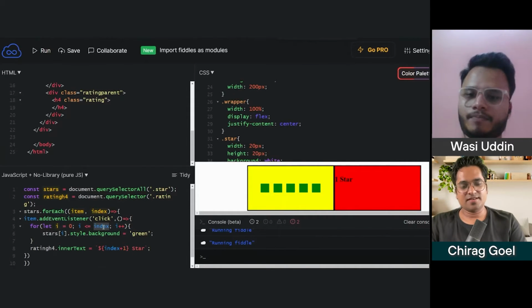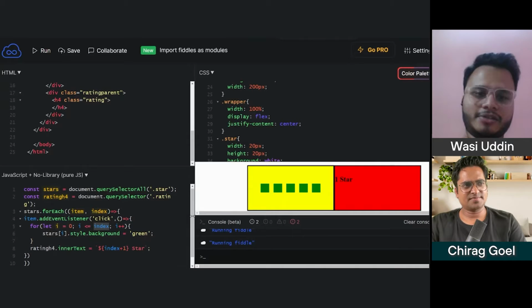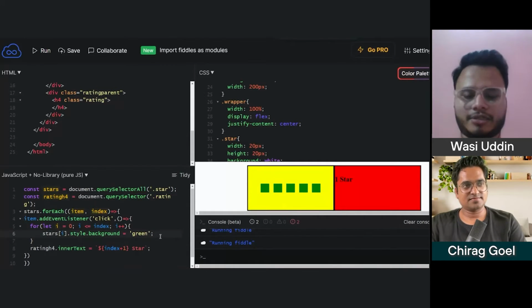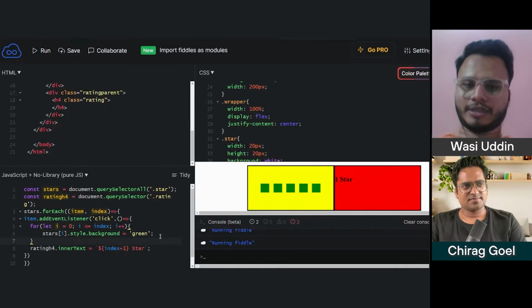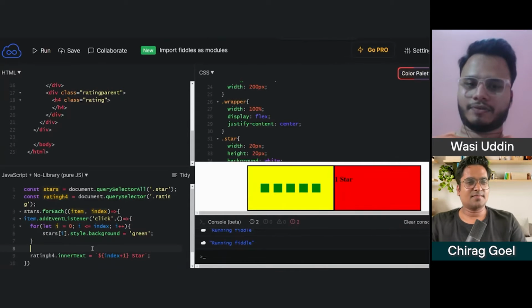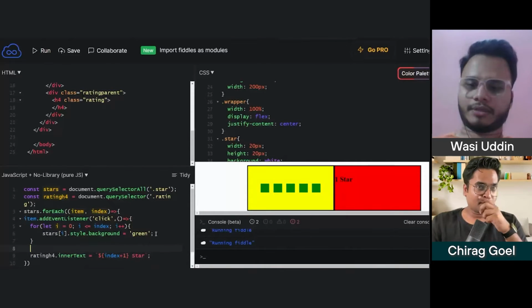You can think of that direction, yeah. Wherever I clicked, after the index till the length, everything will be white. Let's implement it. If I click somewhere, I will be getting the index of it. So I want after the index everything will be